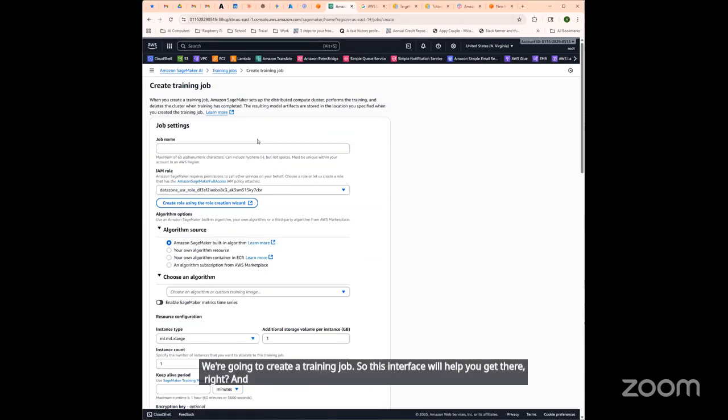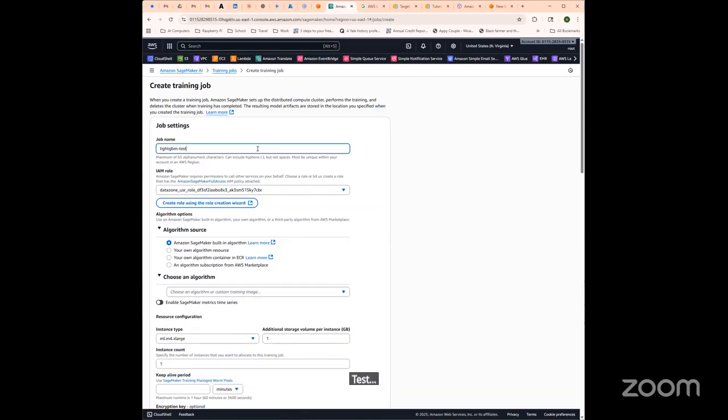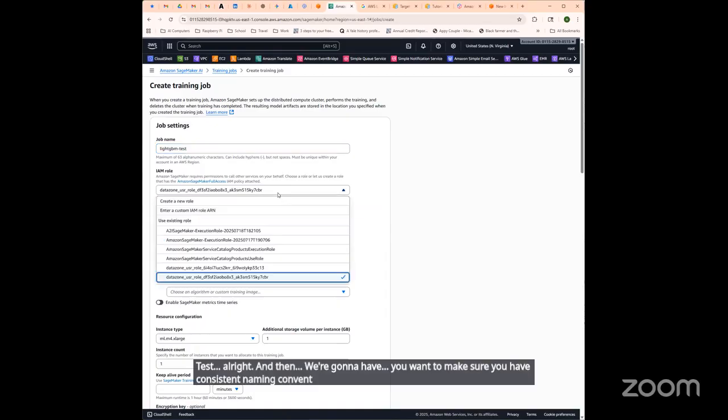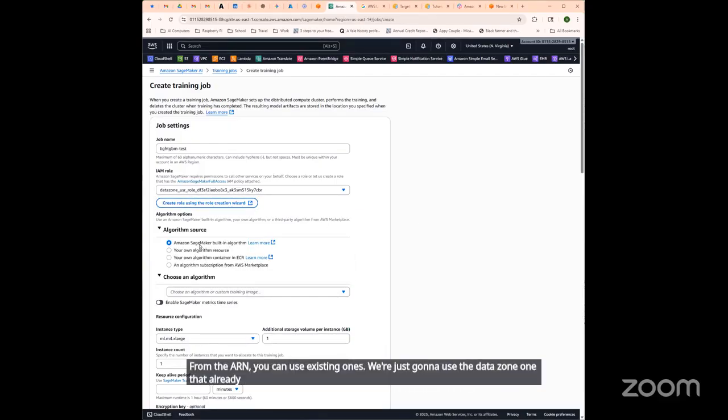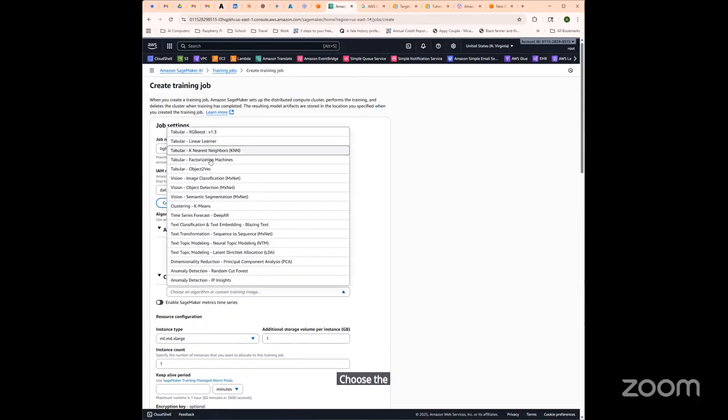And so we can type in a general name. Let's say LightGBM test. All right, and then you want to make sure you have consistent naming conventions. Next, you have the IAM role that you want to use. You can create a new one. You can enter a custom one from the ARN. You can use existing ones. We're just going to use the DataZone one that already exists here. Use the built-in algorithm. Choose the algorithm, and it should be